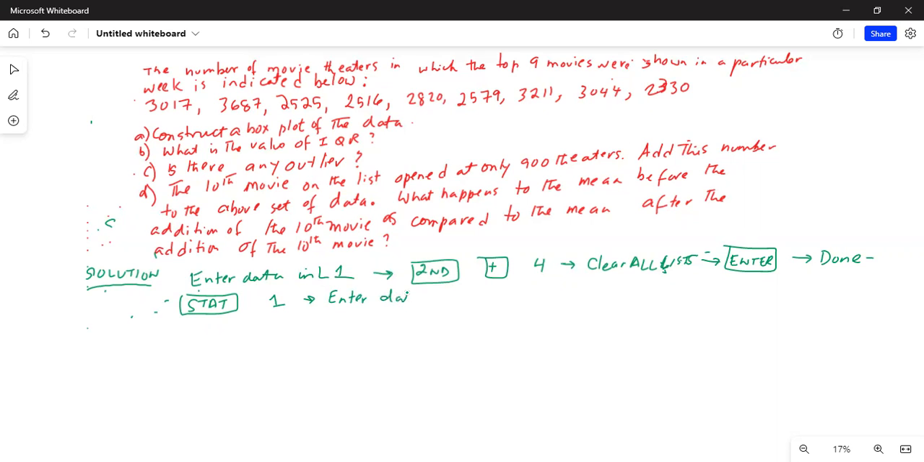Enter data in L1. Second button, then plus on top of enter, then number 4. We get clear all lists on our calculator screen, hit enter, done. Then we press the stat button, then number 1, enter data in L1, which is